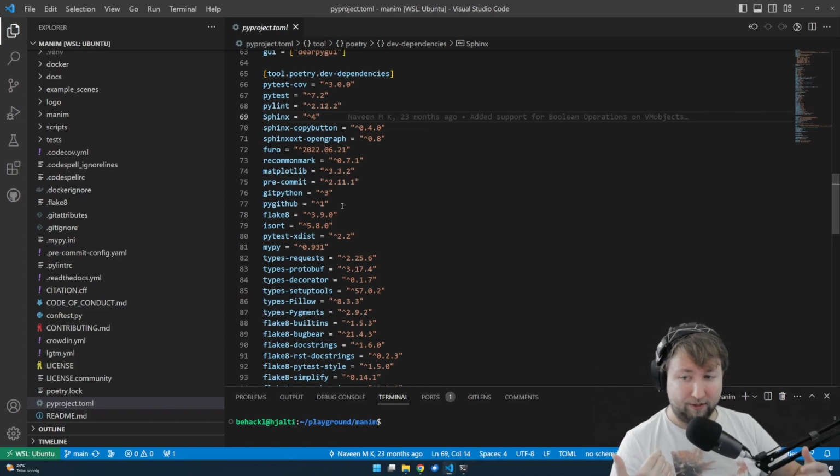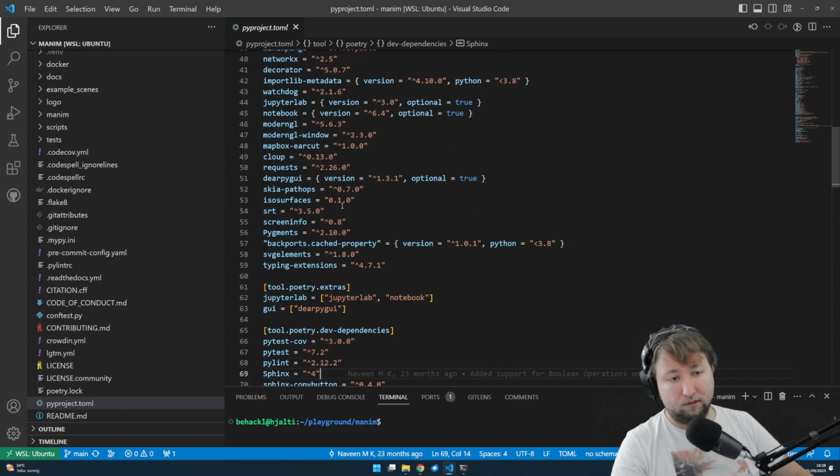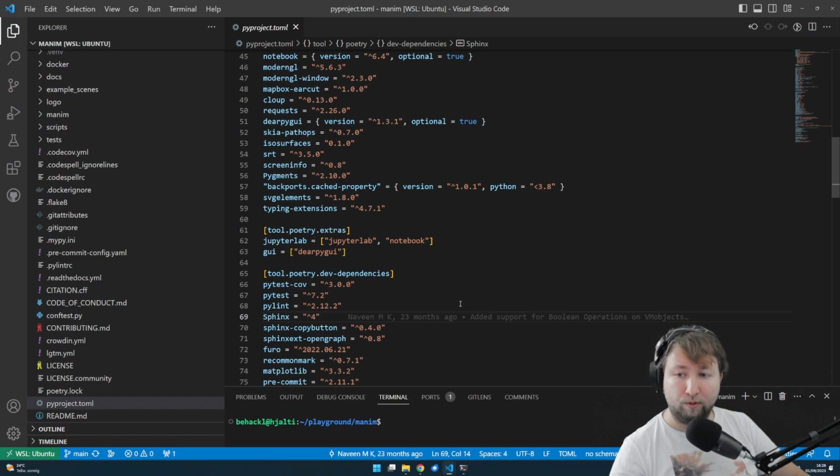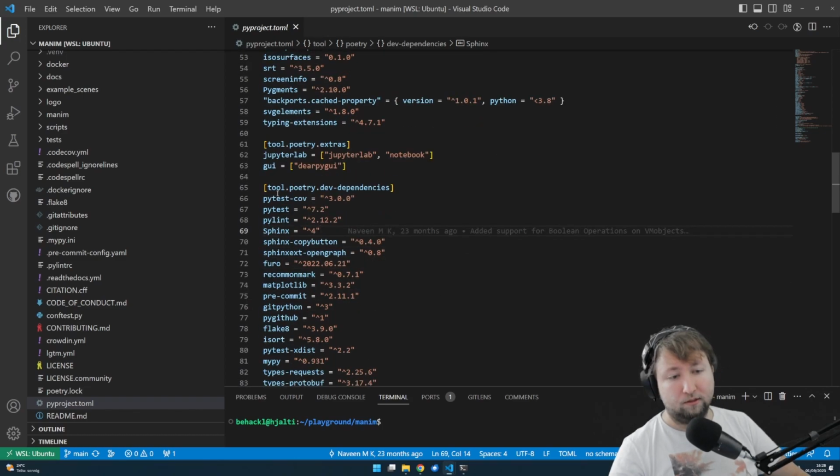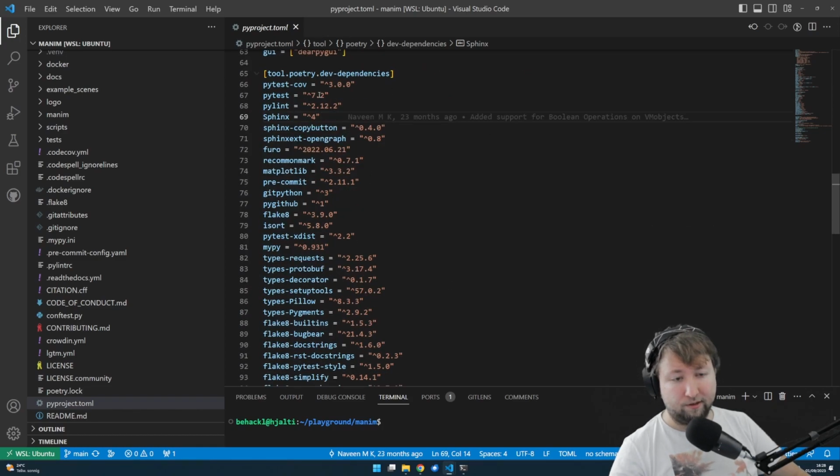So the standard way of doing things, if I just say pip install . for the current directory, it will just install the user dependencies. And unfortunately, because we use this tool Poetry, there's no good way of extracting this list here and telling your package manager to install these as well. But this brings me to the second point, namely,